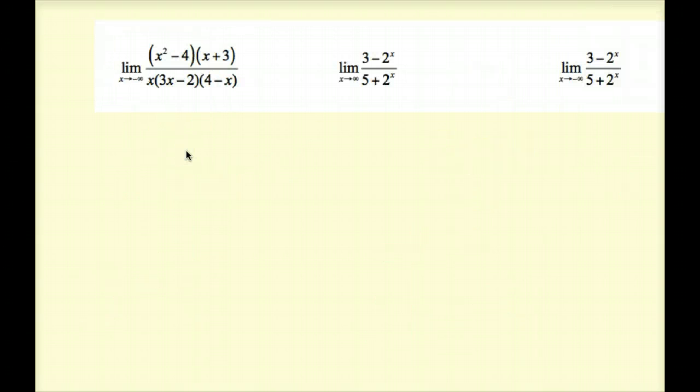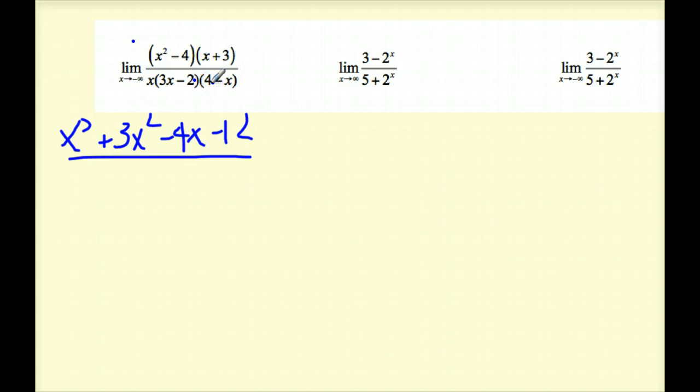Okay, so as you notice, this problem right here is slightly different, and we're going to have to multiply this out. So what we're going to do is pick one of these values and actually FOIL this out. If I do the top, I get x cubed plus 3x squared minus 4x minus 12 divided by,